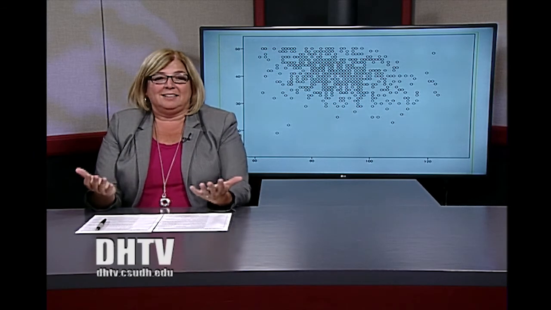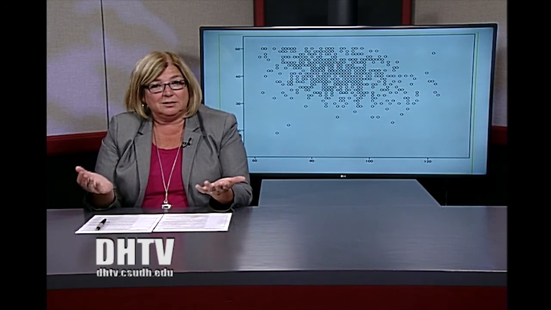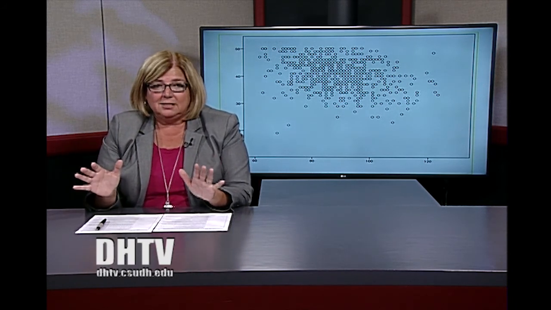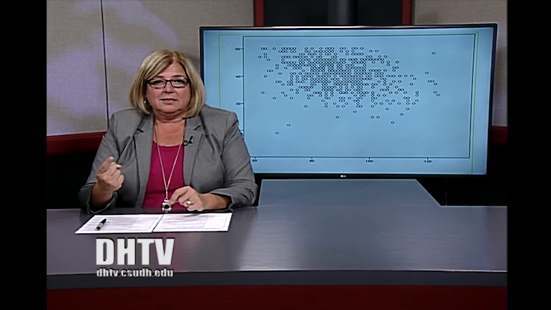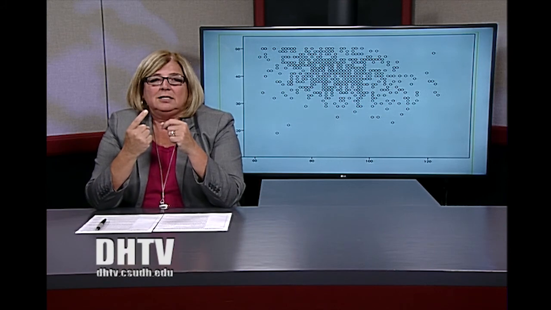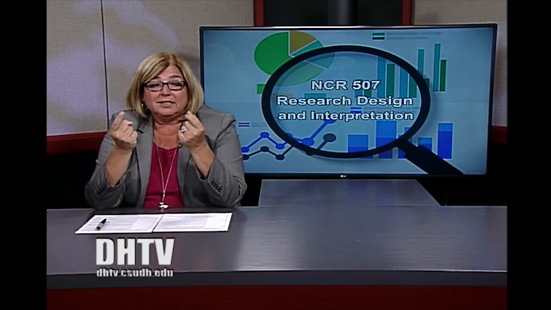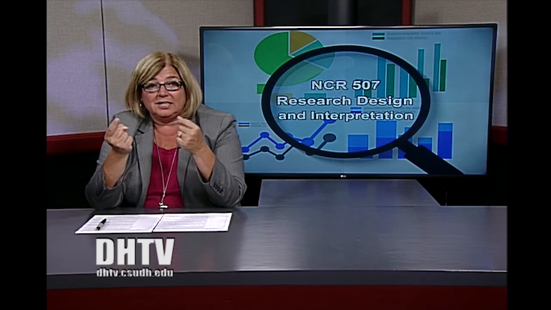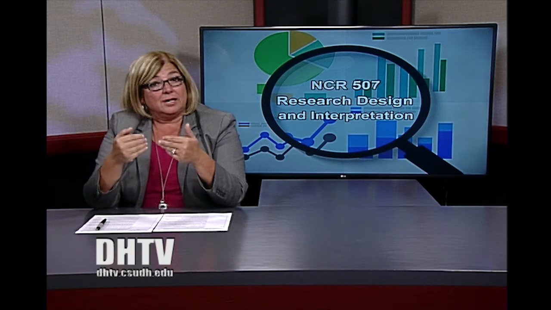Now, as we think about it collectively, it's an easy concept to say, are two things related? We know they're not causally related, but are they related? And if so, how strongly are they related? So that's the strength of the correlation. And then we also ask what the direction is. What kind of relationship is it? Is it positive? Is it negative? And then we know more about how those are related or unrelated.